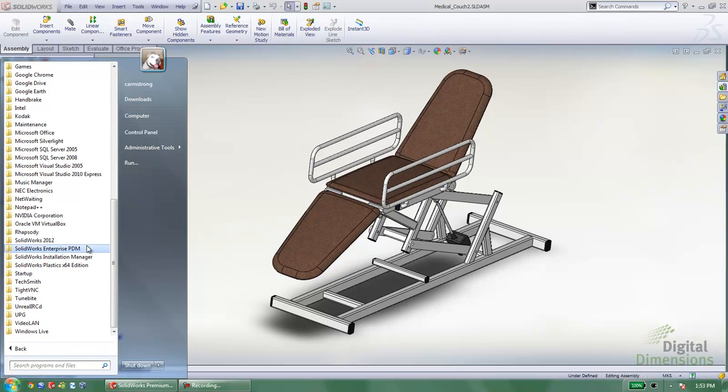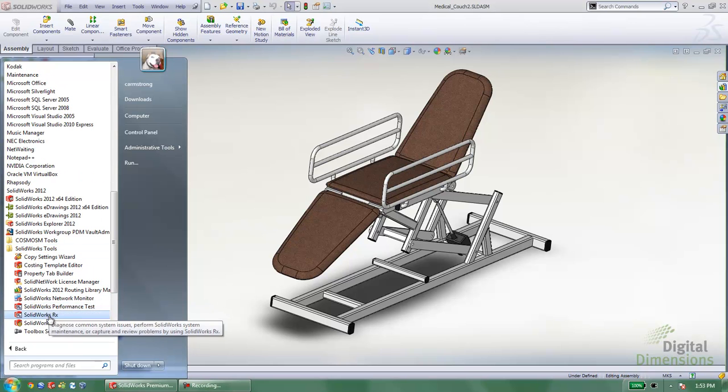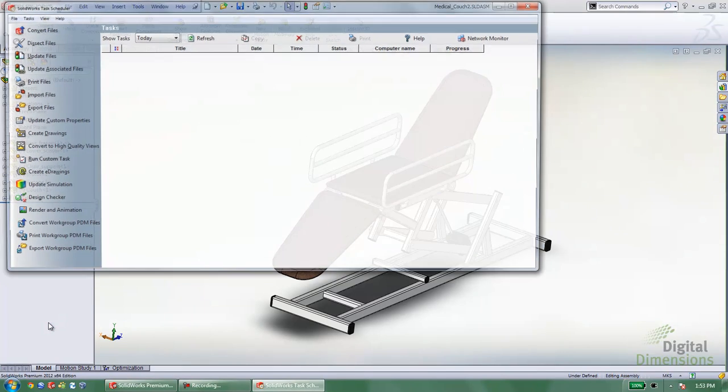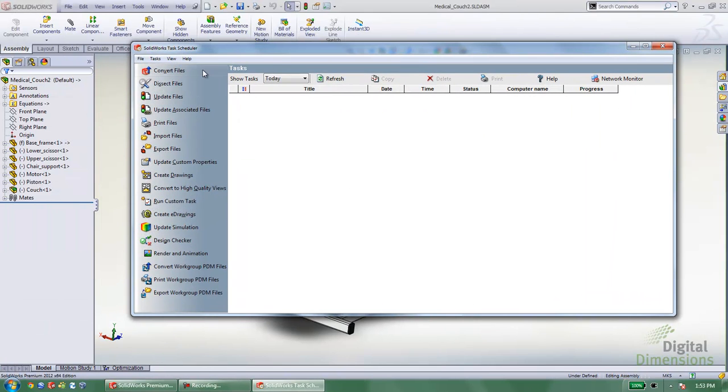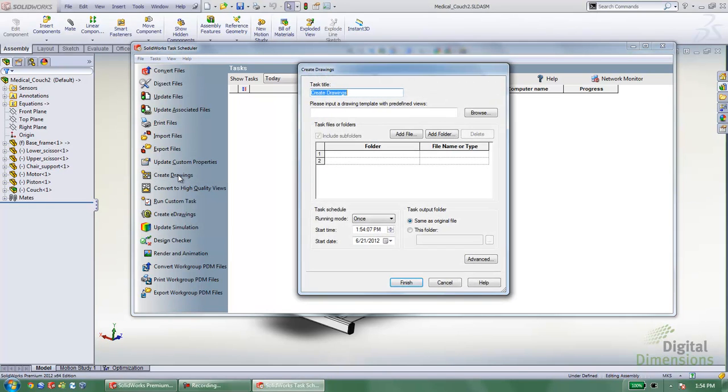Now the Task Scheduler is located under All Programs under SOLIDWORKS. You'll see a folder called SOLIDWORKS Tools, and in there you'll see the SOLIDWORKS Task Scheduler. If I launch this, you'll see a number of different tasks showing up on the left hand side here. I'm not going to go through all those now. I'm primarily going to focus on this Create Drawings task. So if I click on this, you'll see it gives me an option obviously to create a new task, but